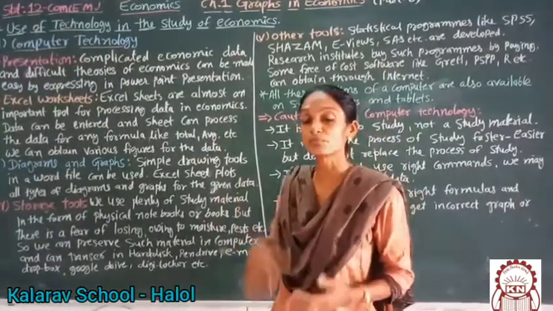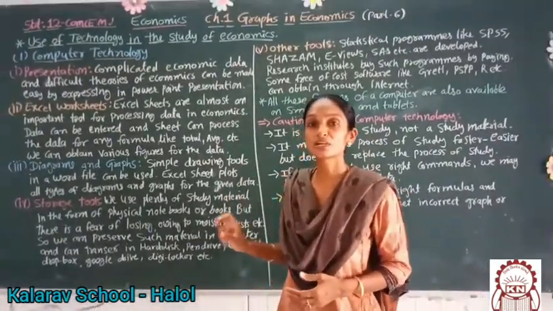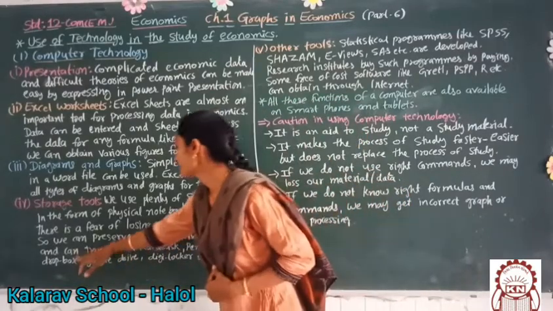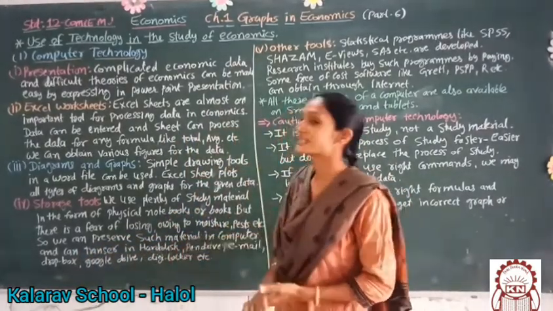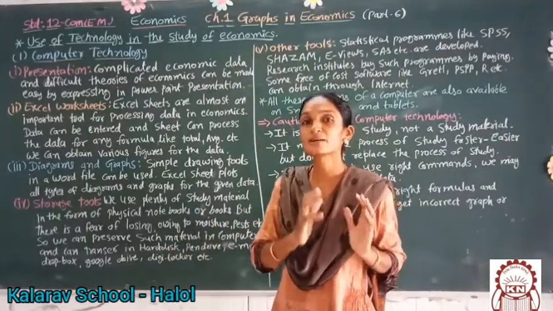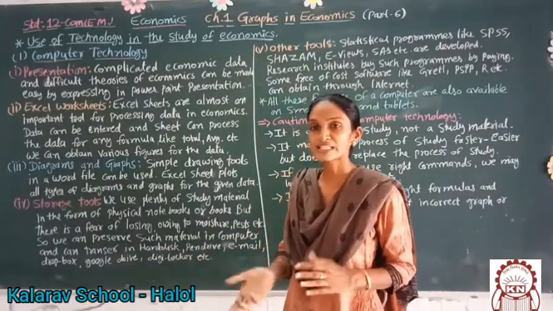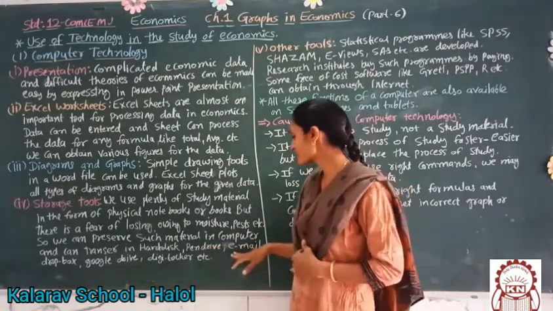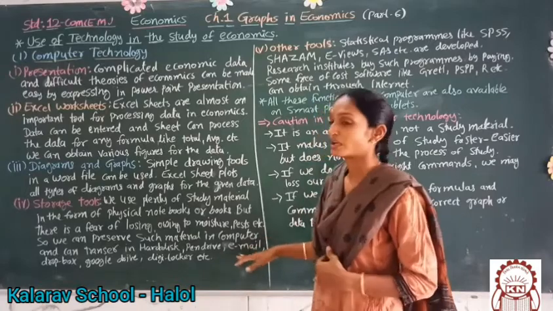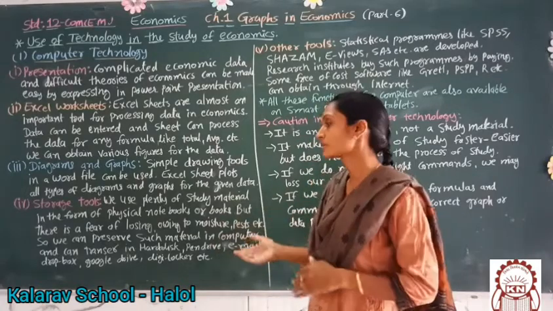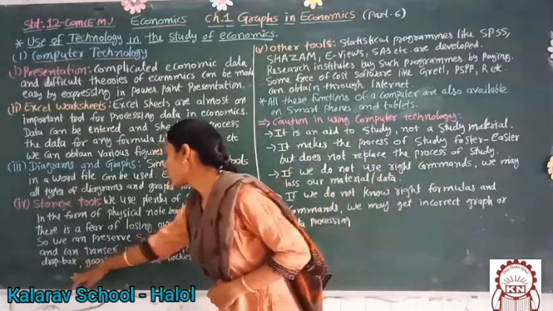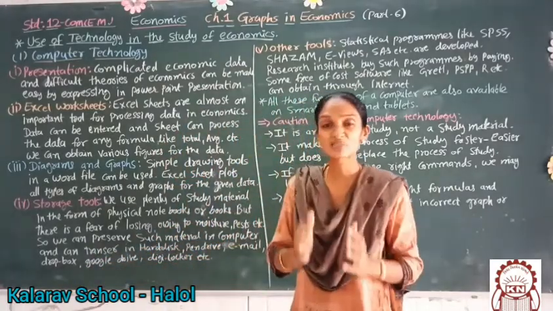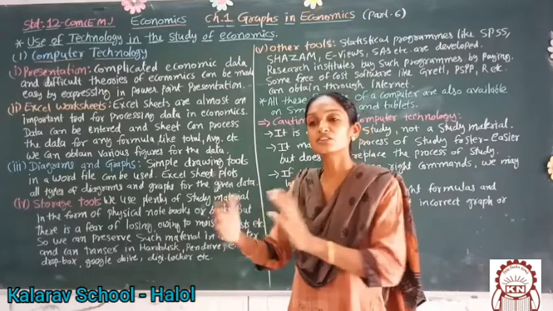Whenever we are having a computer, we can preserve this old material in the form of technology, and can transfer in the hard disk. Hard disk, that is in the computer itself only. We can transmit in the hard disk, then in the pen drive, then it can be transferred with the help of email from one computer to another computer through internet, Dropbox, Google Drive, digital locker, etc. We can transmit our data in other form.